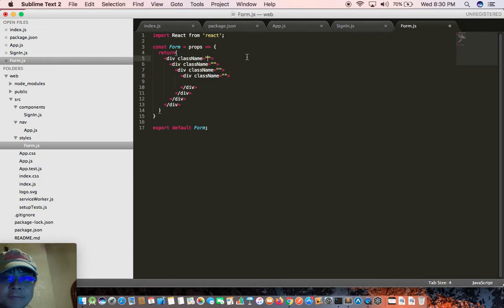Okay, so these are the divs, and we need to put class names. We say this is a container, and the next one container MT5, and the next one actually has an ID. We call it login role, and class name is role justify content center align items center, and the next one ID